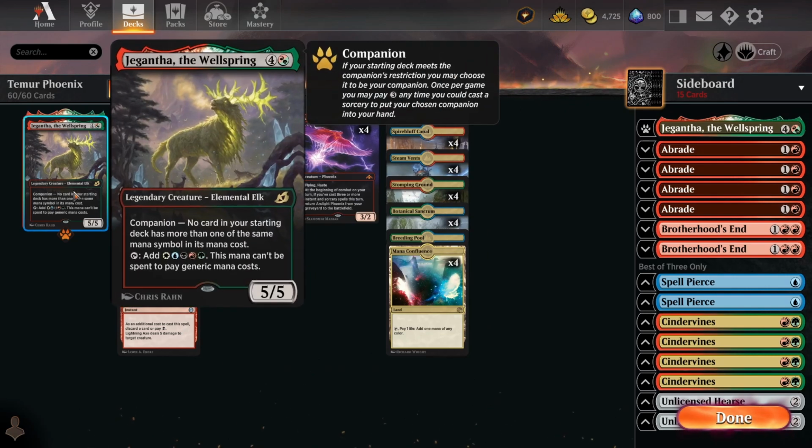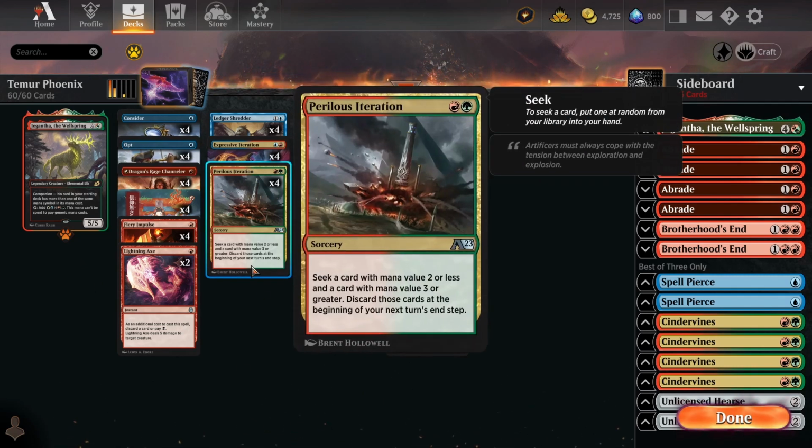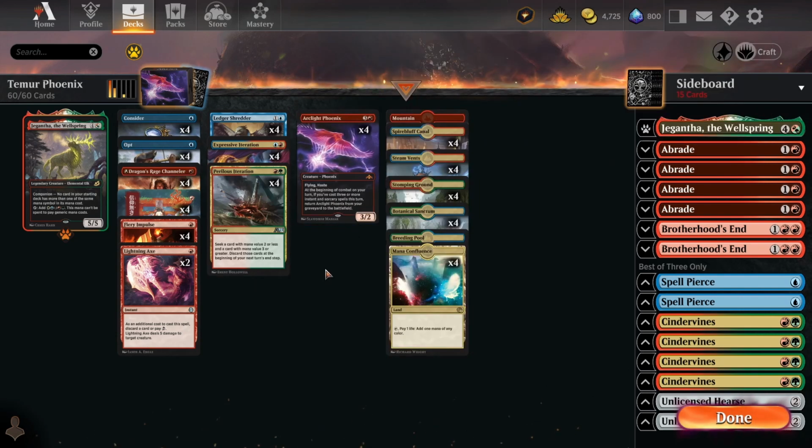And then we also get Gigantha as the companion, which is pretty nice. Regular Phoenix doesn't normally get to run Gigantha because they're either running Oxyvagonus or Finale of Promise. Obviously, we can't run Oxyvagonus because it interferes with Perilous Iteration tutoring Arclight Phoenix. And I'm not really sure you need Finale of Promise in this deck because Finale is normally a card that